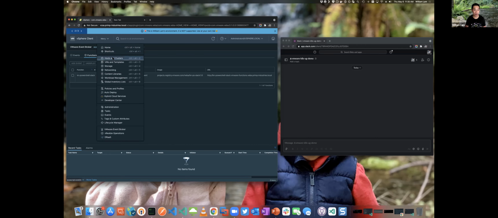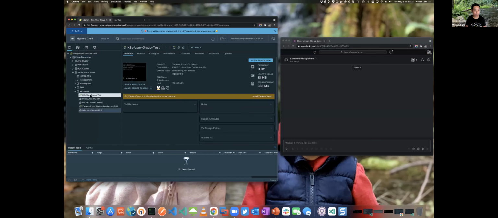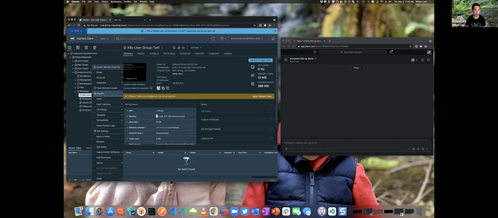So let's go back to our vSphere infrastructure. I've got this VM, and now I'm going to power this VM off. Hopefully what we should see in a second is that the VM gets powered off, and we'll get an event that occurs and calls into our PowerShell function. Yep, so there it is. Pretty fast. We get this notification in this particular Slack channel. It gives me the name of my VM, the user that powered it off, and the date.